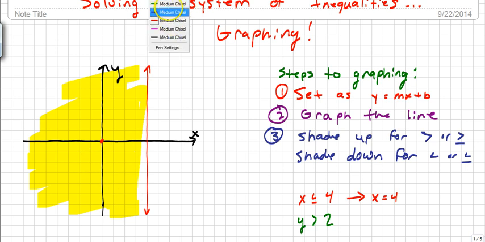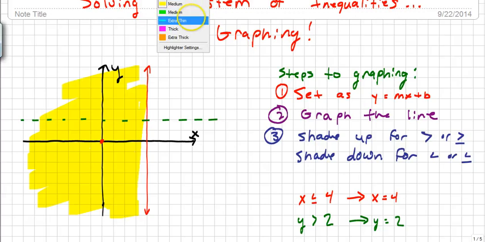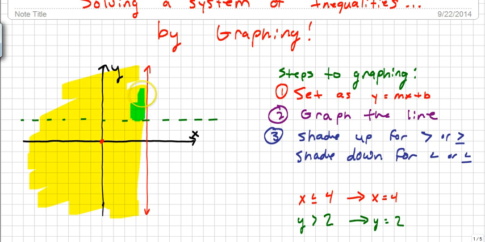And now I'm looking at the next line, the line y greater than 2. So again, I rewrite this as y equals 2. The line y equals 2 is a horizontal line going through the point y equals 2. But this is dashed because it's not equal to. And then I look at greater than, so I'm actually shading above. So when I shade above here,